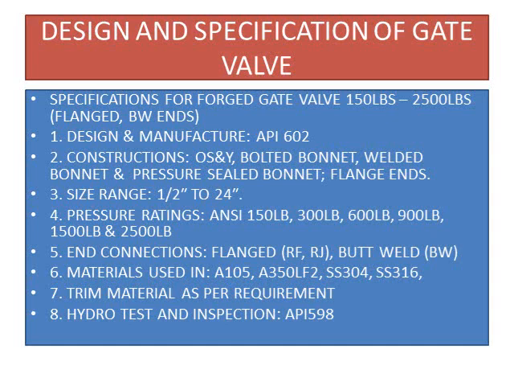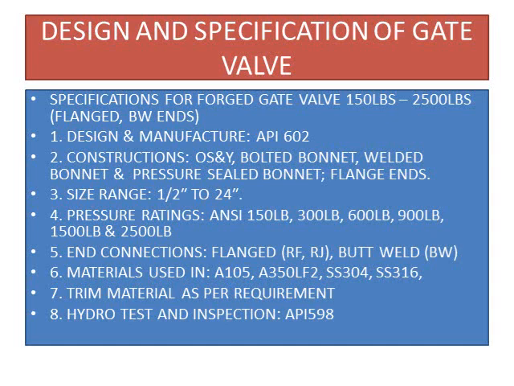Pressure rating, as I already told you, is 150 pound rating to 2500 pound rating. Connection of valves are generally flanged end, butt weld or socket weld. Material used for manufacturing of valves is A105, A350 LF2, both carbon steel, and SS304, SS316. So this is a stainless steel valve, which is used where no corrosion is required and in highly corrosive atmosphere conditions. These gate valves are used.